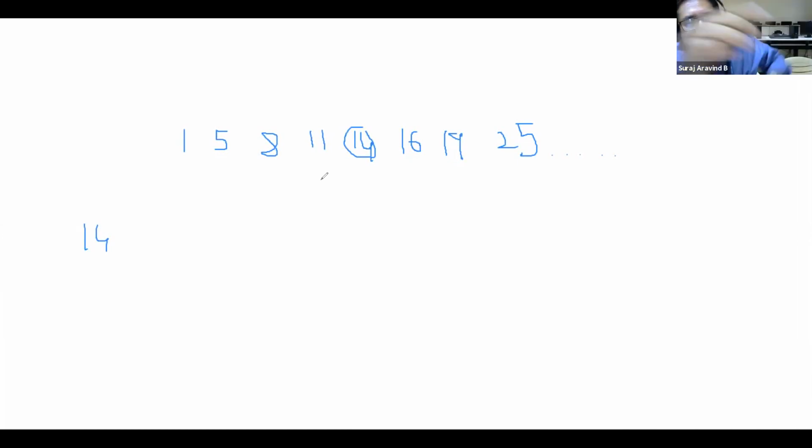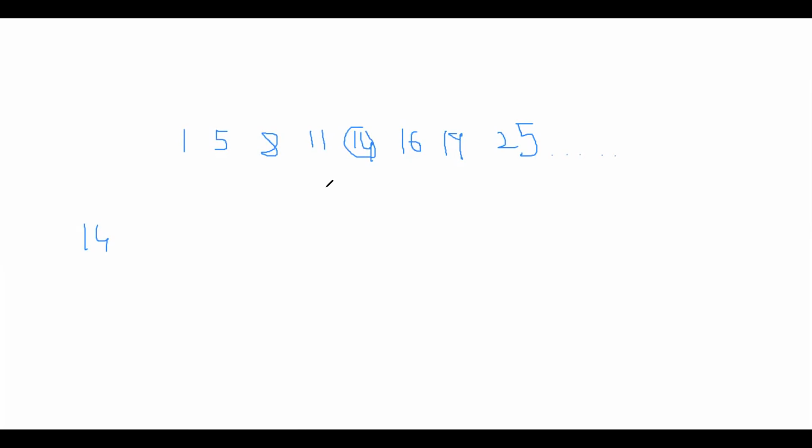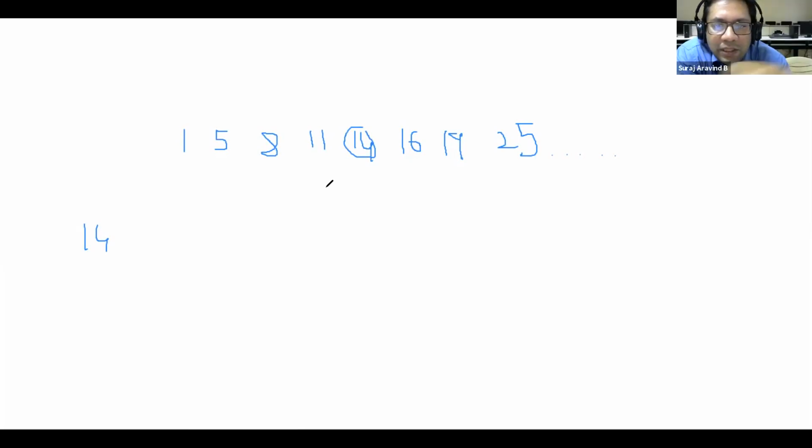So now we know that the element to be searched is between 11 and 25. My array size is reduced to half. Earlier there were 8 elements, now we have only 4. Now what I have to do is give the index which is after 11. Earlier we were giving starting index 1 till the ending index, the entire array. Now that the array size is reduced to half, I have to give its new starting and ending point.